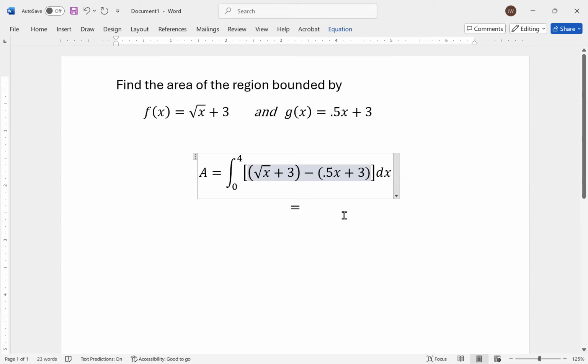If you wanted to do this by hand, you could. I typically don't want to do it by hand. I want to do this as efficiently as possible. So square root of x plus 3, I put that in parentheses, and I subtract in parentheses 0.5x plus 3, and I integrate that from 0 to 4. When I do that integration, my calculator gives me out 1 point, then lots of 3's, and then a 5, 4, 4. So my calculator gives me out